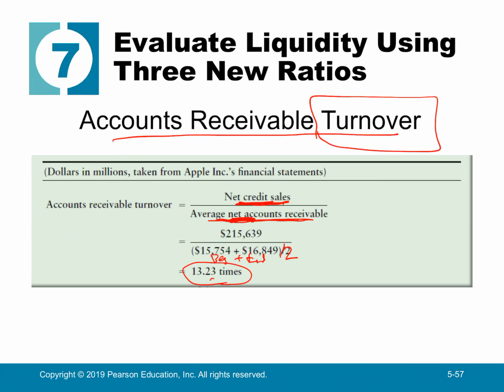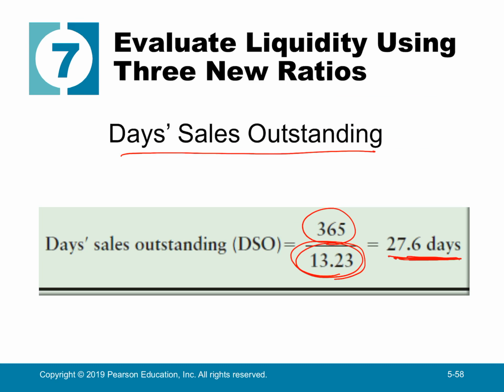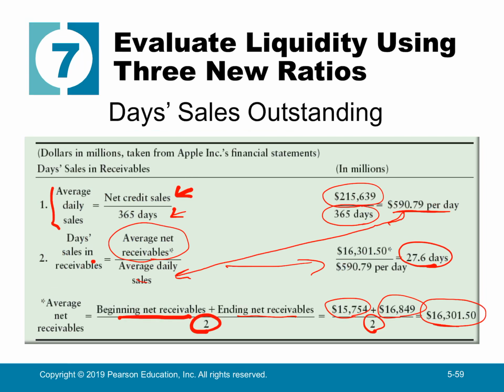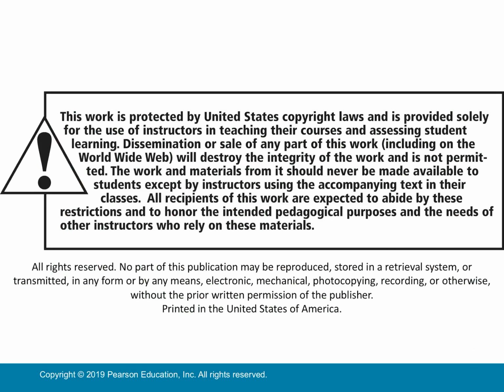So this is another way to calculate it, but you can just do an account receivable turnover first, plug that into the days sales outstanding equation, and you'll get the same 27.6 days. So whatever you prefer. So anyway,